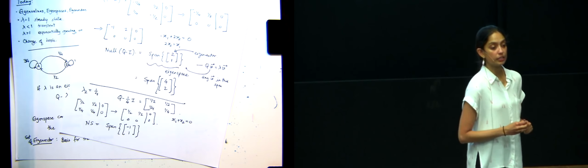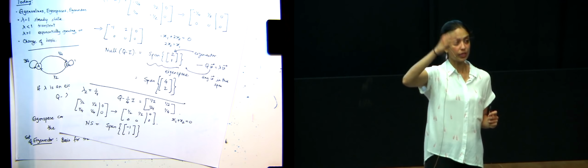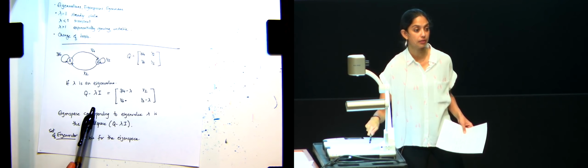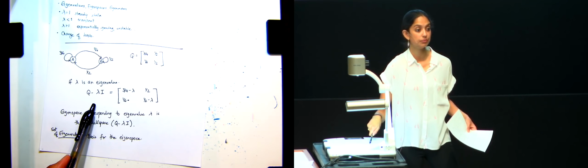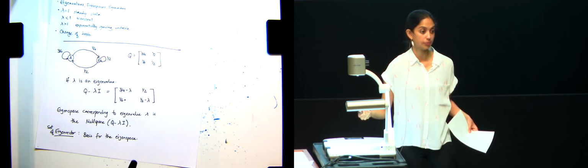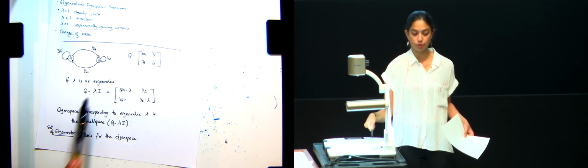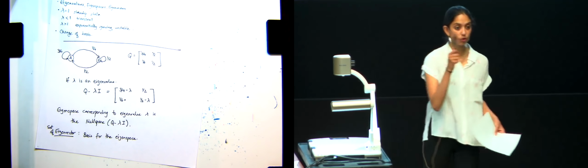The short answer is that this matrix Q minus lambda I is going to have a null space when the determinant of this guy is 0. And we want to find vectors in that null space. So we want to find lambdas such that Q minus lambda I has a null space, and for that we find the determinant. And if you go through and look at Tuesday's lecture, this is all derived there.